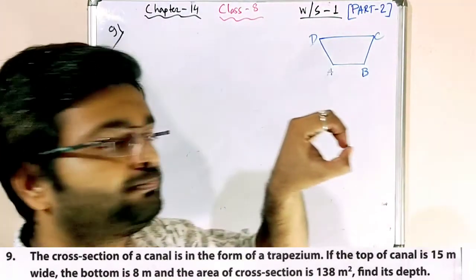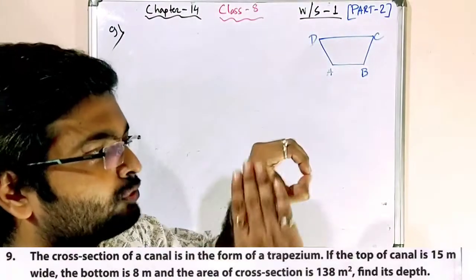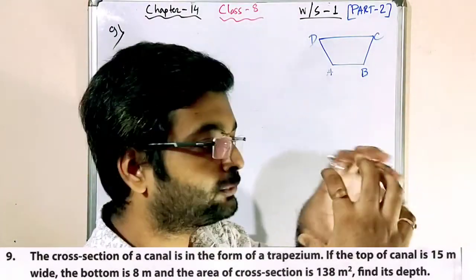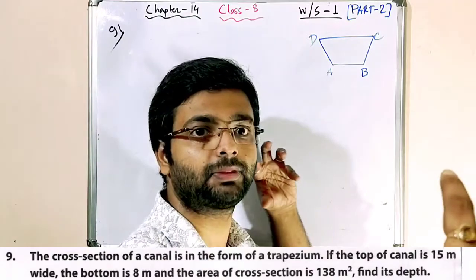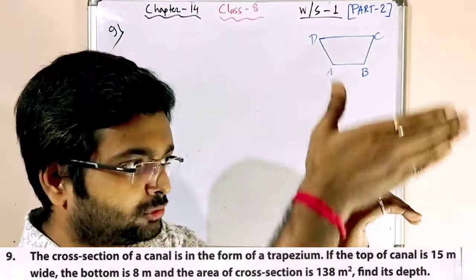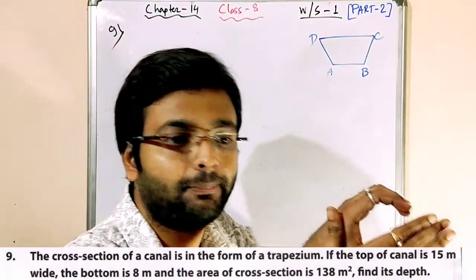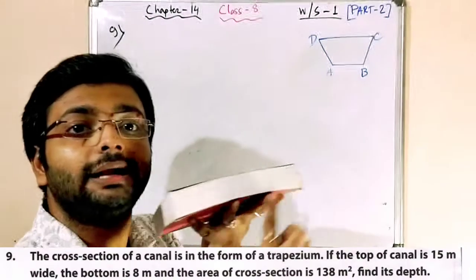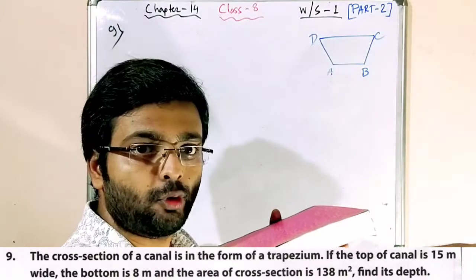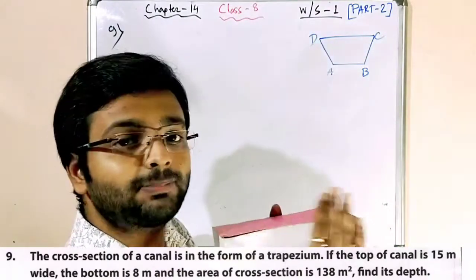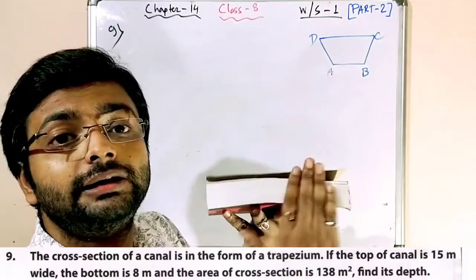Suppose there is a circular pipe. If you cut like this, you will get the circular shape. Suppose a cylindrical pipe. Okay now, you are cutting this, cross section means like this. Understood now? So you will get the circular shape. Here you are getting rectangular shape. Cross section means, suppose there is a book. If you cut this part, you can see this is a rectangular shape.